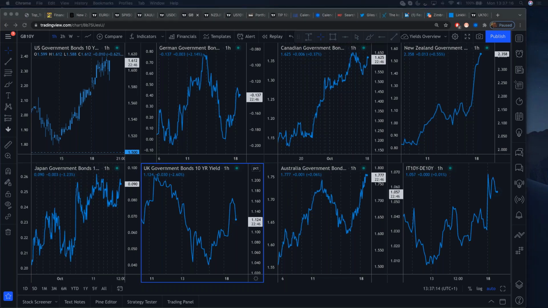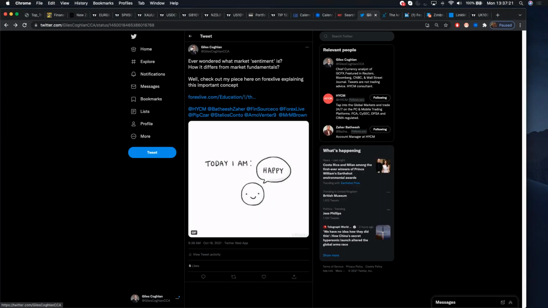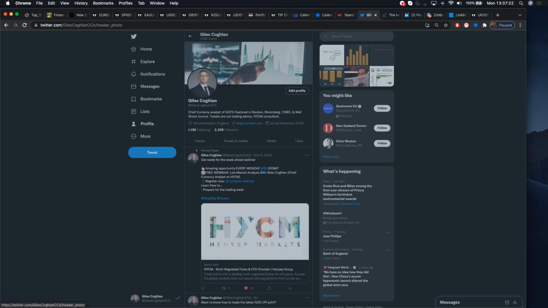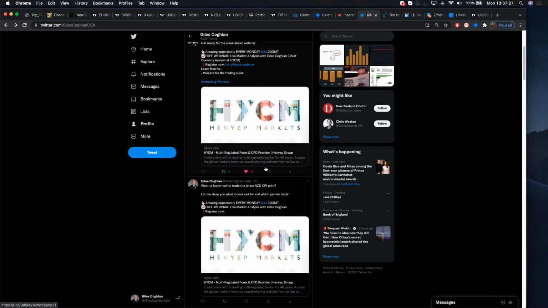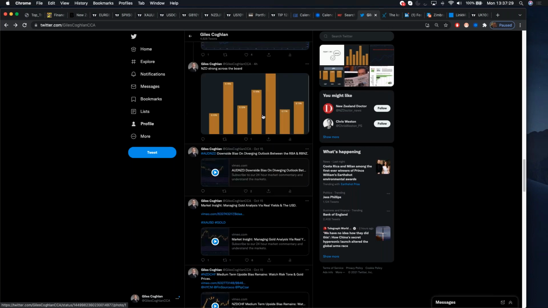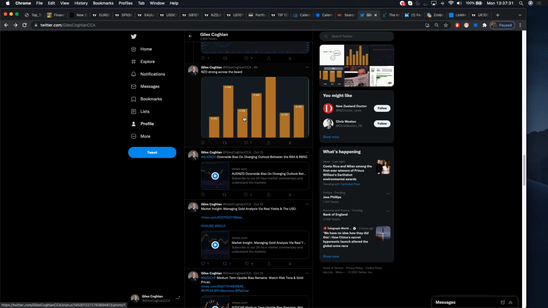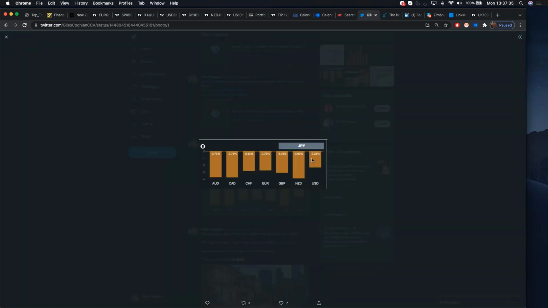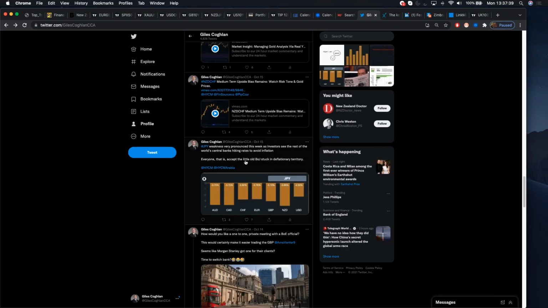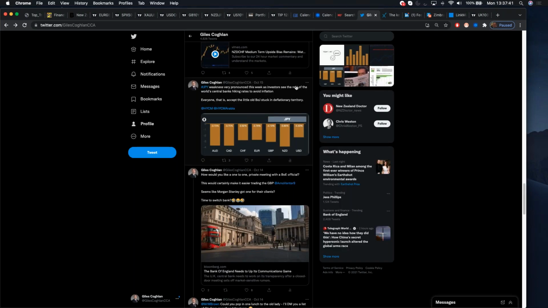It was weak, and if you want to follow me on Twitter, I'll put up decent tweets from time to time. In one of my latest Twitter posts at the end of last week, I explained why the Japanese yen was so weak. And you can see here, Japanese yen weak across the board. Why? For the very simple reason that inflationary fears have investors seeing the rest of the world's central banks hiking rates, but not the Bank of Japan.